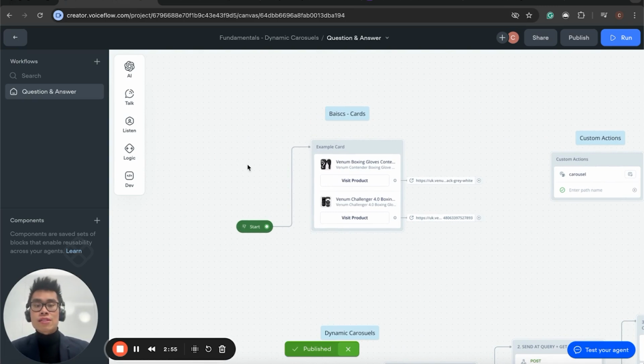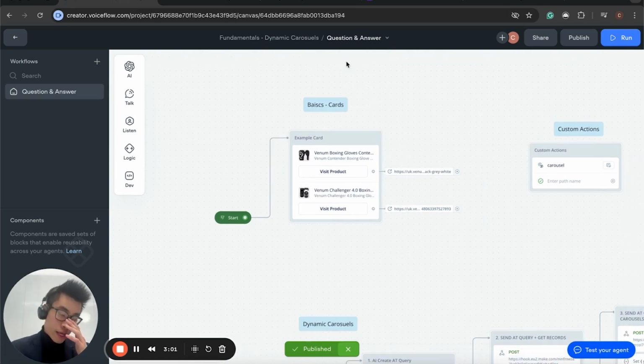First thing you need to understand is what is a carousel. Nowadays, any e-commerce stores that have AI support usually have a feature called product recommendation. What it does is it takes a user's input, and based on that specific query, the AI will recommend an appropriate product. For example, I want a male extra large t-shirt. With something as simple as a t-shirt, obviously it doesn't take much time for someone